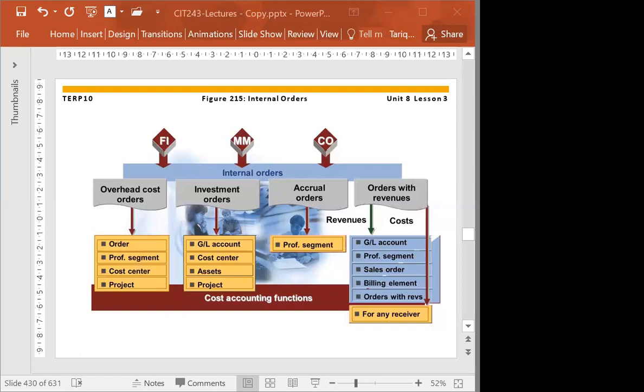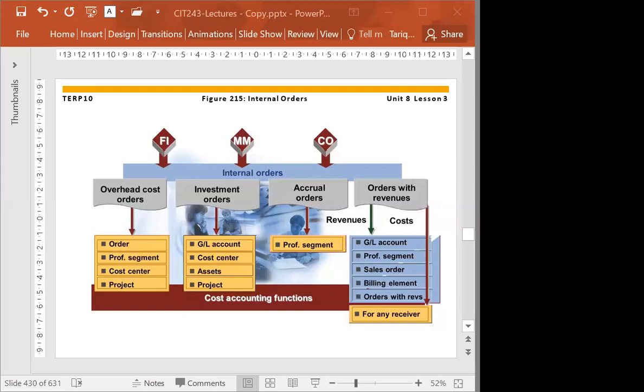So in the accrual order, actually, it is accumulating the cost. For example, you have a paid vacation. So every month, some amount will be added into your account, or into an internal order, so that at the end of the 12 months or 11 months, when you go for a vacation, all those amounts will be settled against your withdrawal of that vacation.